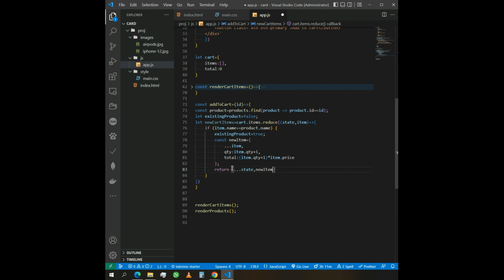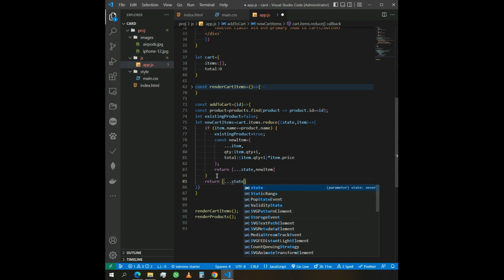We have a list and last items and new item, and else if we don't have product in the cart, return state and item,